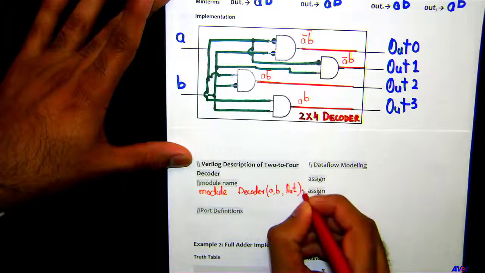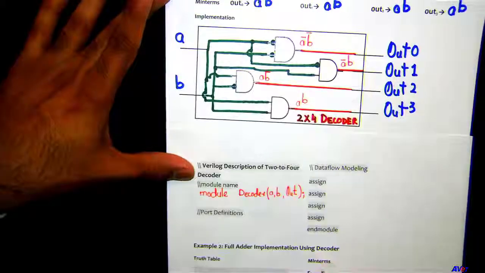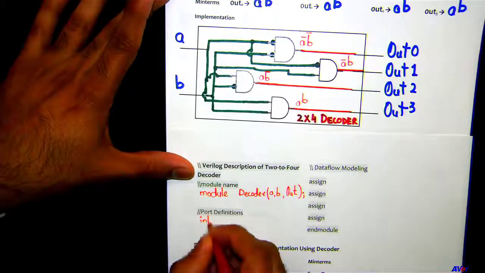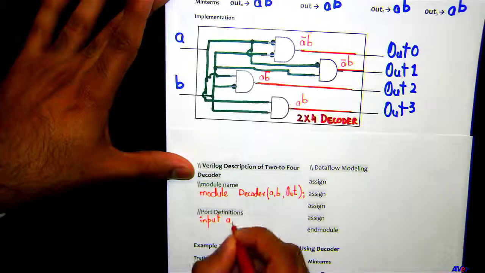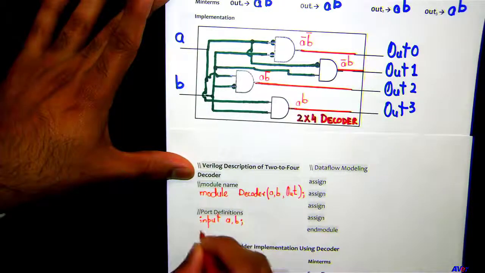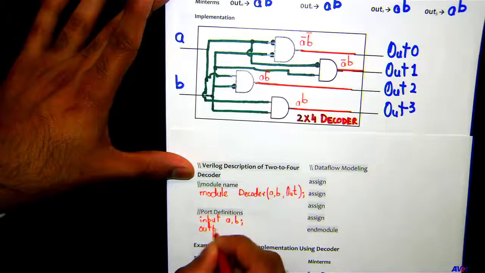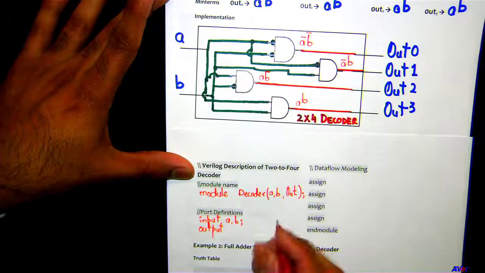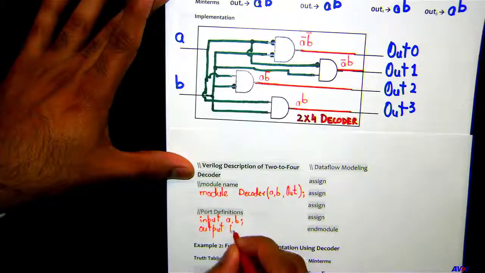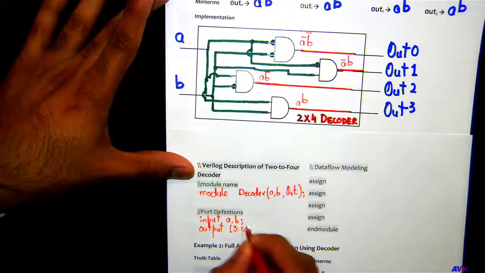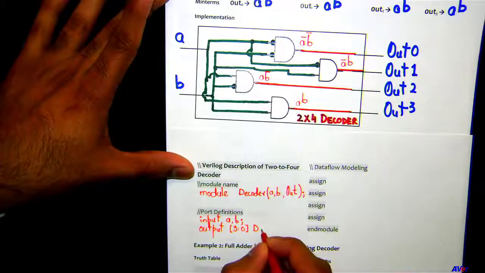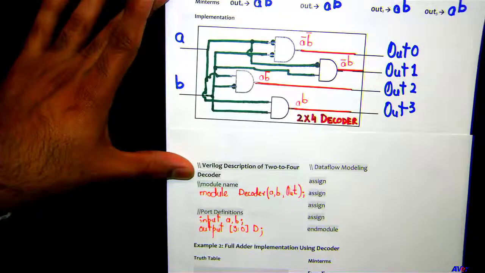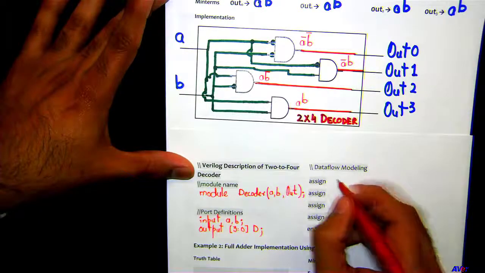Okay, semicolon. Port definitions: input A, B; output. Let's declare those outputs as an array. So we got 3 colon 0 D here. Okay, and then assign